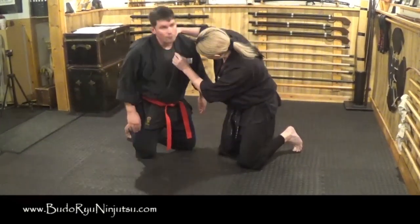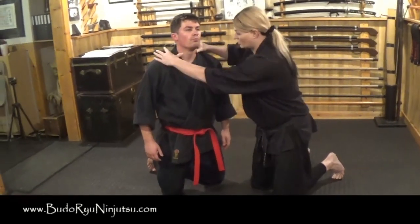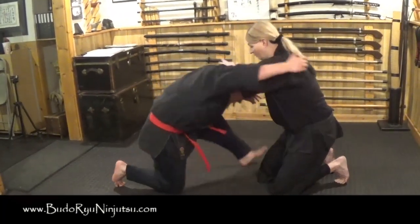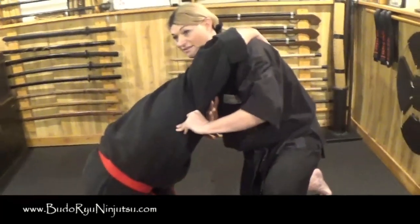When you choke someone, you have two airways. Here's the throat box. You have this one and this one. You want to make sure that you're cutting off the airways when you're doing it. So let's say he shoots in here and I'm going to pull his head in. Now what I want to do is make sure that when I pull underneath, I want my,